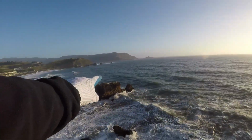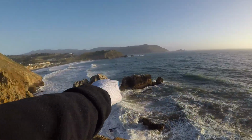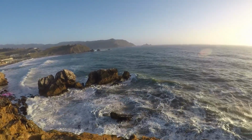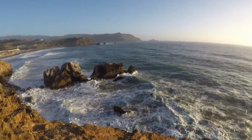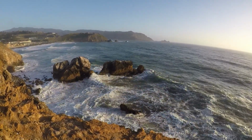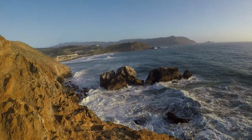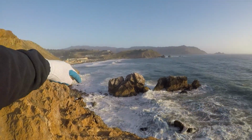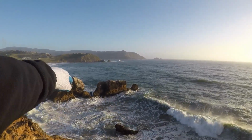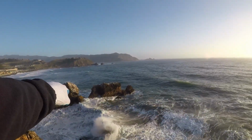There, see that rock right there? It was kind of like up like that. You can see where that little break is there. That's where it came loose and it fell over. It used to be standing straight up. And like I said, there was a cave right in there. Years ago, you were able to walk around this way and there was still land in here. And you were able to get out to here on the low tide, if you were crazy enough, and go